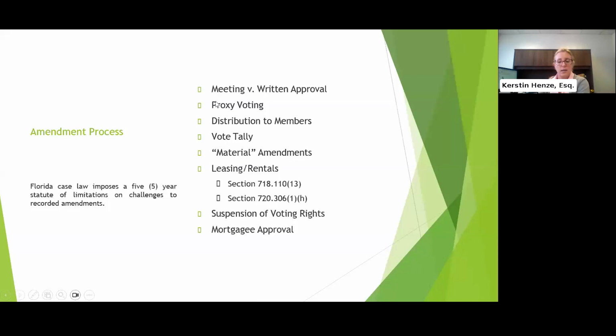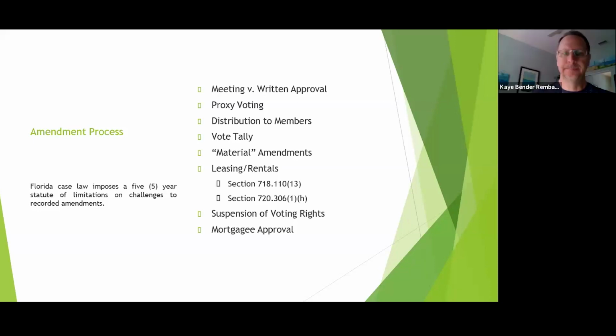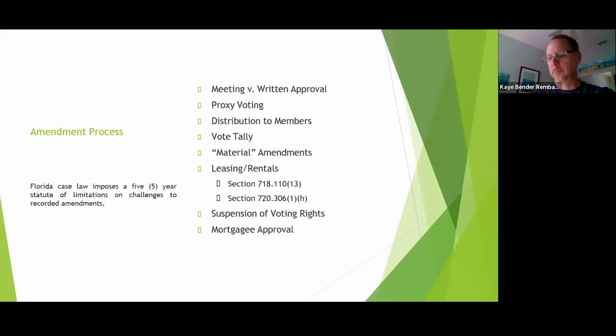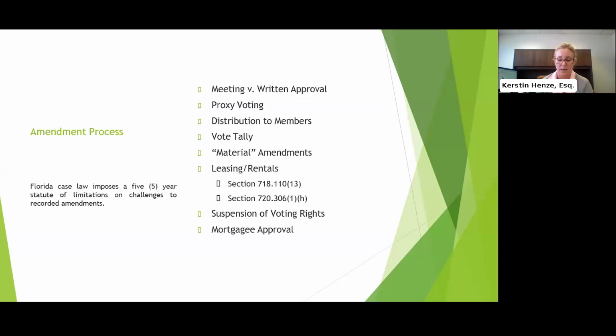Those that can't come to the meeting can simply indicate how they want to vote on the limited proxy and then return the proxy to the association prior to the meeting. At the meeting, you can also have ballots, okay, so that owners who are present and wish to vote in person as opposed to by proxy can just fill out a ballot and indicate a yes or no vote for the specific proposal.